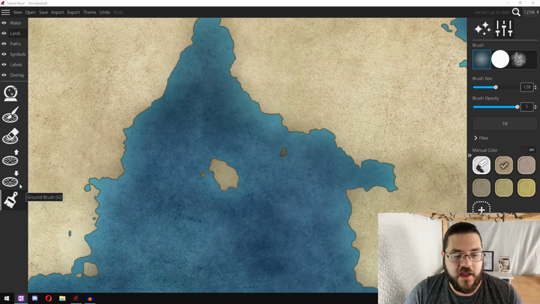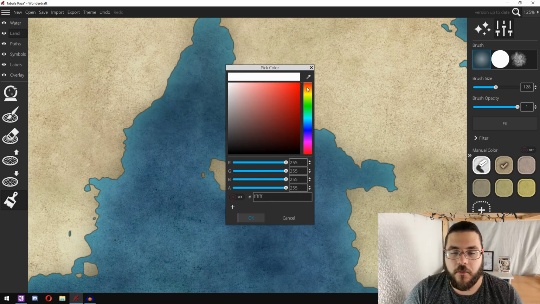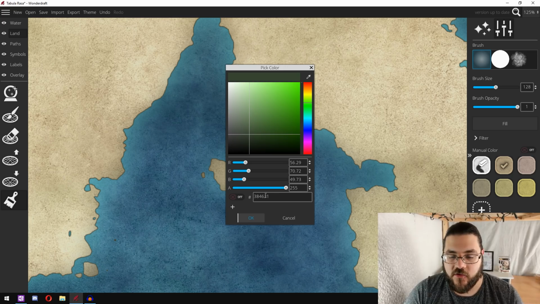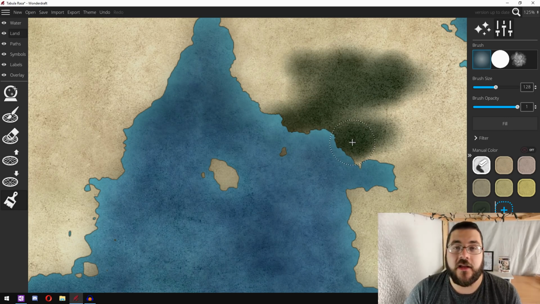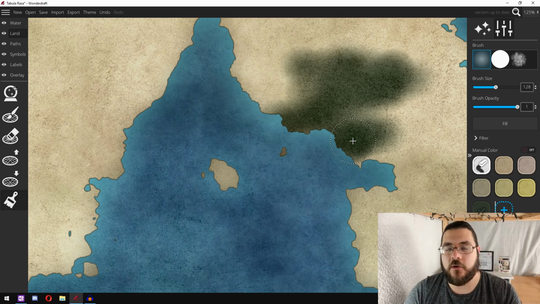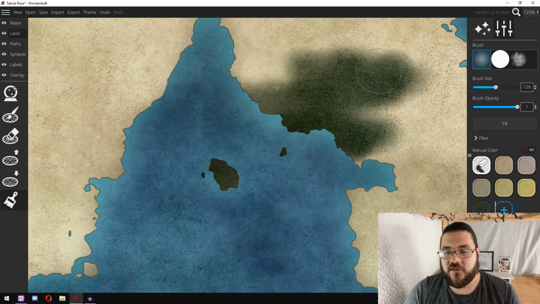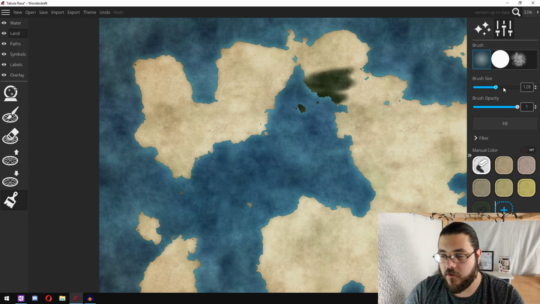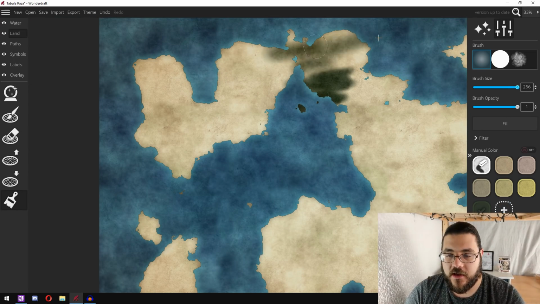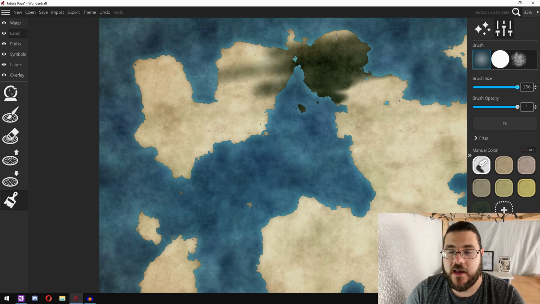And finally, down here in our land tool, we have the ground brush, and you'll use this to paint your land masses into different colors. So you might pick a green and go in and paint your land a green color. The really nice thing about this tool is it is bound to your land layer, so you can't paint over your ocean, which means that if you just want to lay down a lot of color really quickly, you can zoom out, make the brush as big as it can be, and just really quickly paint in a